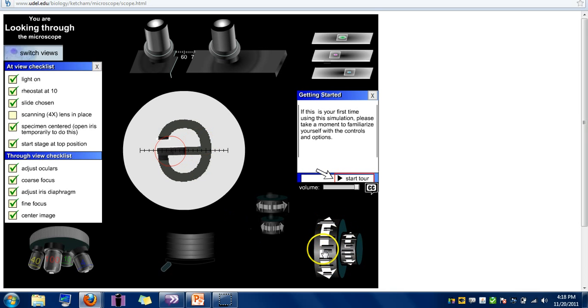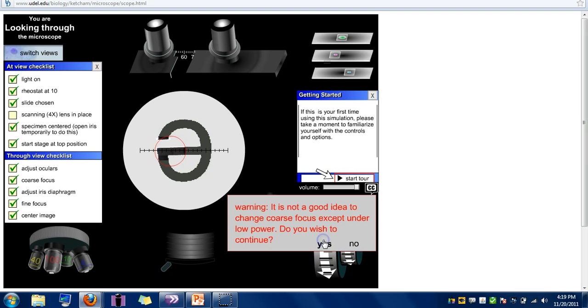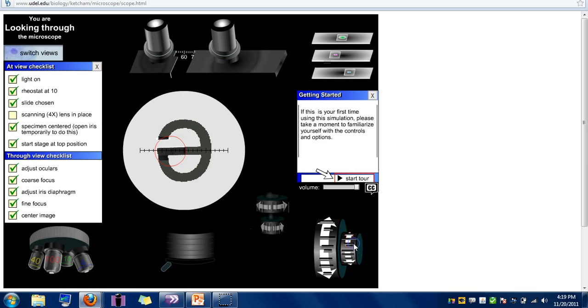The only time you use the coarse adjustment knob is on the lowest power, and if you try to use it here, it'll give you a warning saying it's not a good idea to use the coarse focus unless you're on low power. Do you want to continue, yes or no? So of course we want to say no, and then we can focus our letter E a little bit more